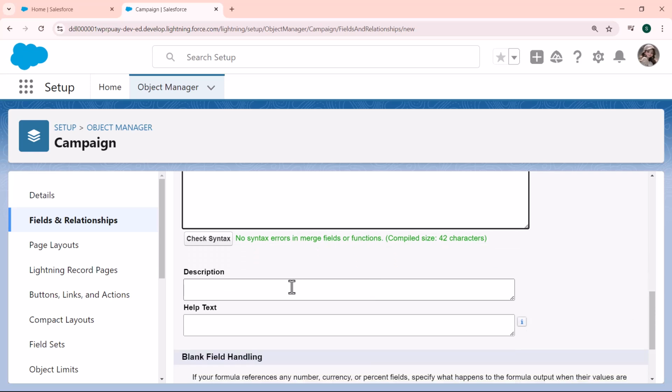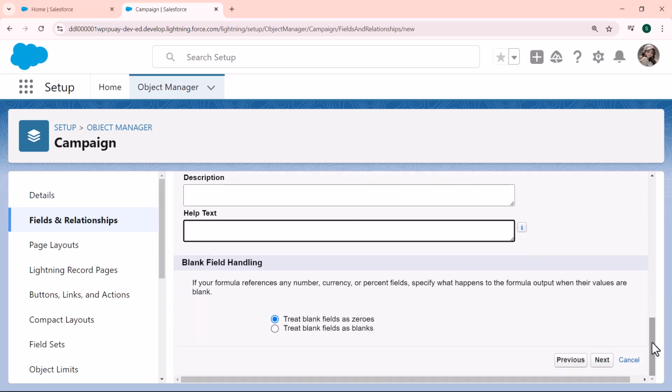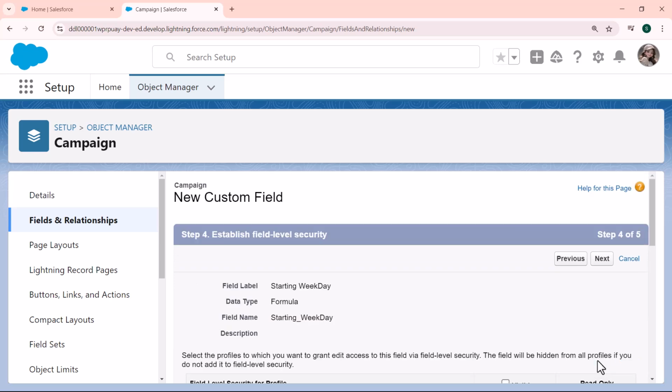And now you can also fill the description and the help text if you want to, otherwise leave it as it is because it is an optional field. And you can also set blank field handling. If your formula references any number, currency or percentage field, specify what happens to the formula output when their value is blank. So you can choose any of the options: treat blank field as 0, or treat blank field as a blank. Here I did not change anything. So after that I click on the next button,